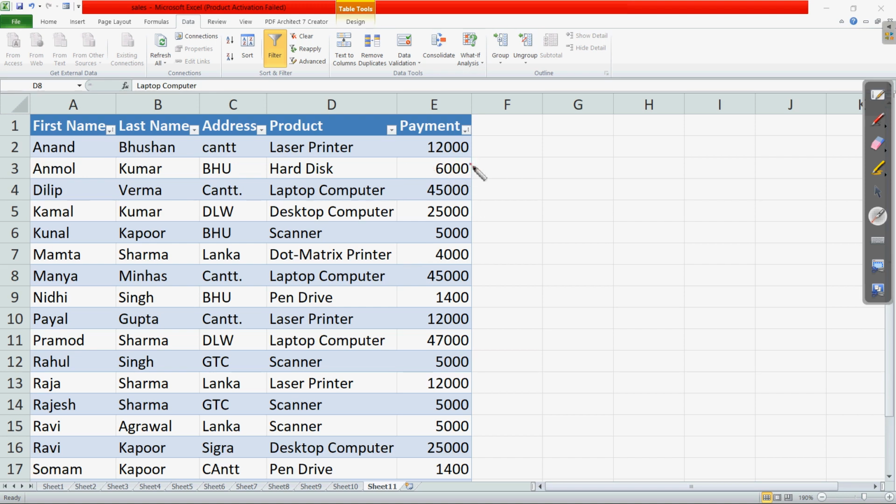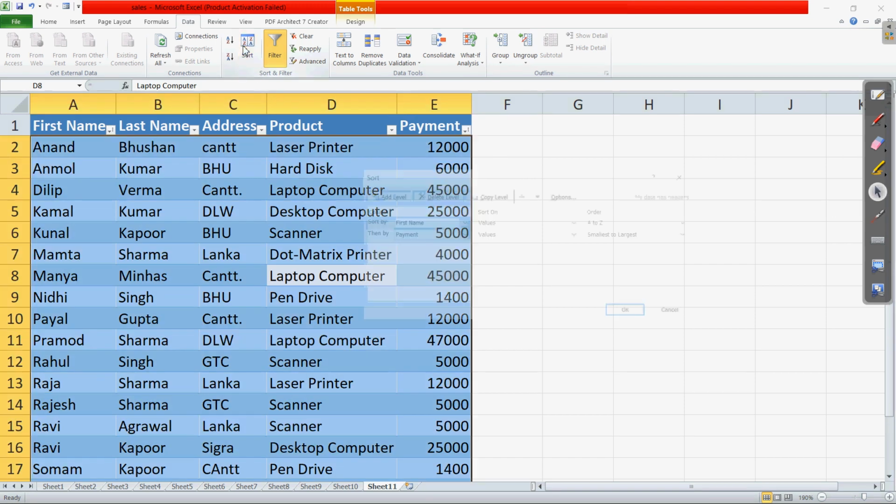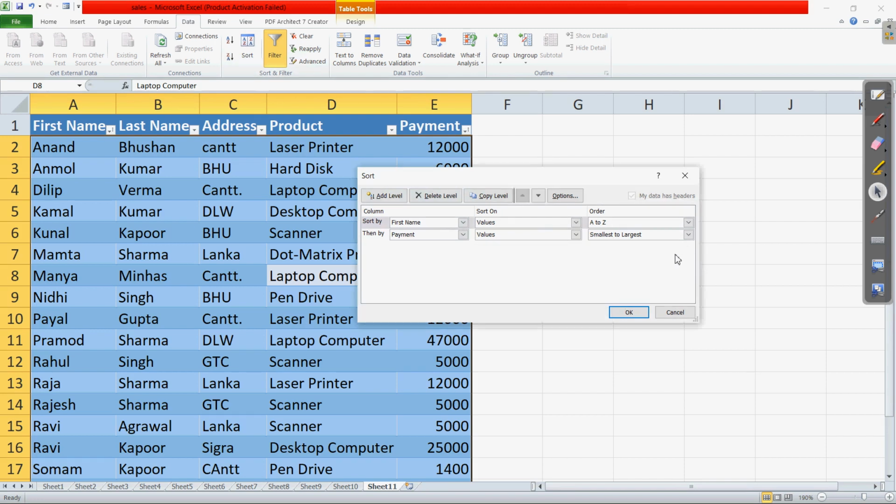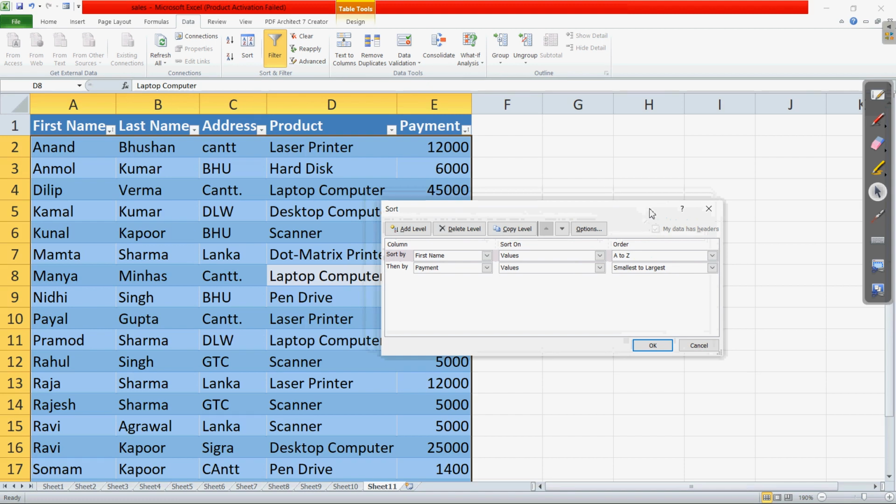Okay, if you want to change this, so that the first should be the minimum and the second should be the larger one, then again let us come to the sort button and see. So here we are, you can see in the payment the sort on is values, yes.